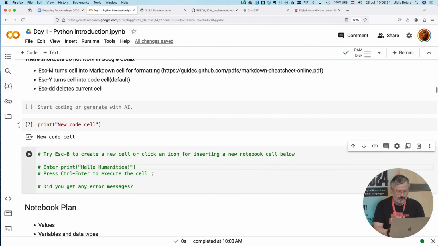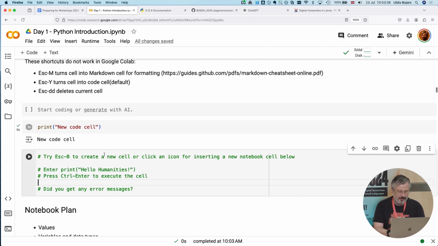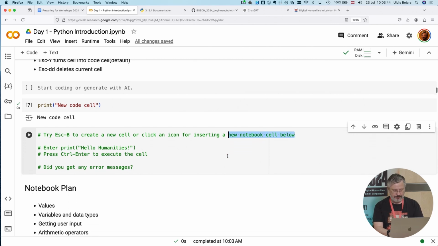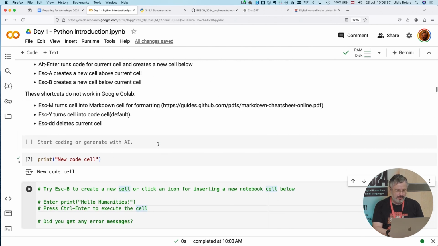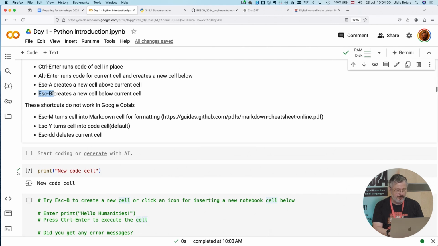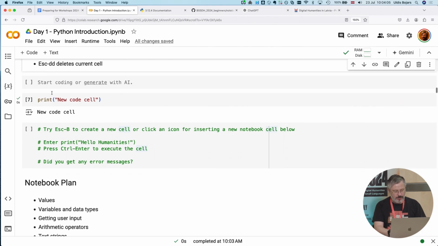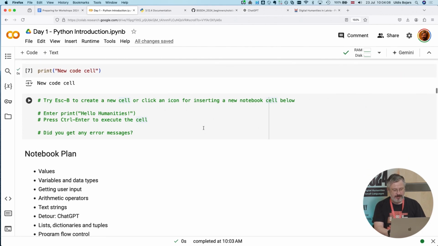And now it's a task for you. Add a new Jupyter cell. You can create a new cell below this comment cell here. So just try to get familiar with Google Colab. And two ways how you can create a new notebook cell below the current cell is either use Escape B button, Escape button and B button, or